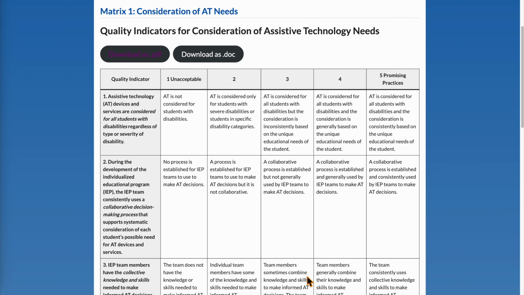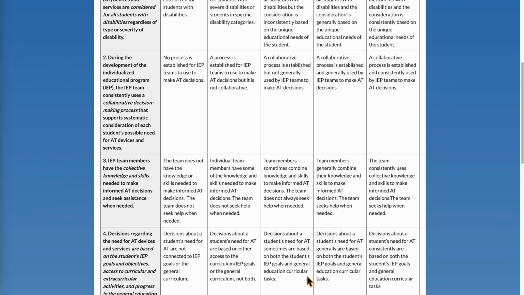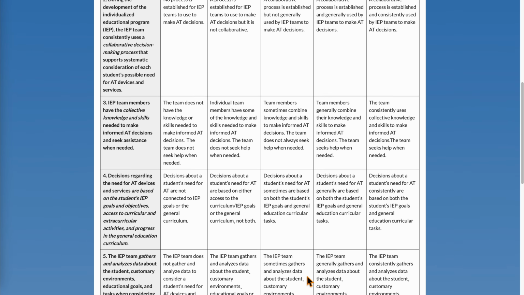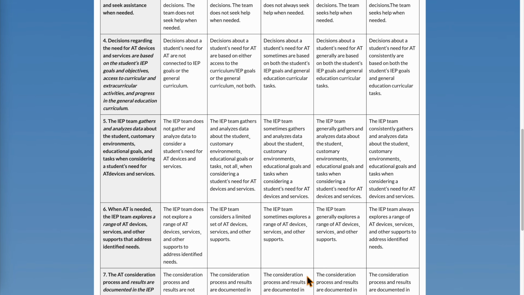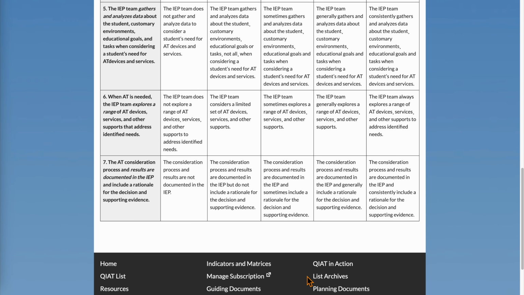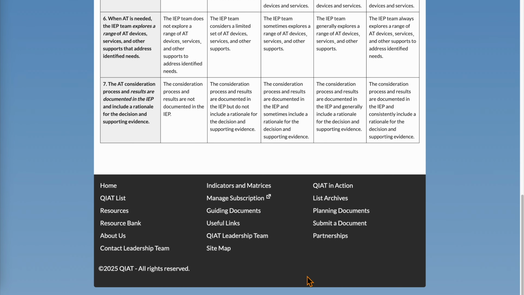And this is like a whole matrix thing. So the organization, like I said, has been around probably more than 30 years, but I could be misquoting that, but for a long time. And what they have done is they have come up with these quality indicators. How are we providing high quality assistive technology services to students? This is not just New Jersey specific, of course, but really looking at this and pulling this all apart.